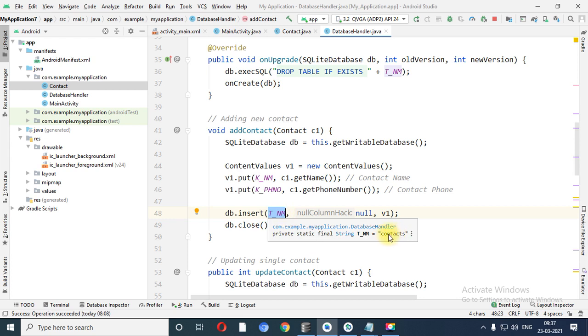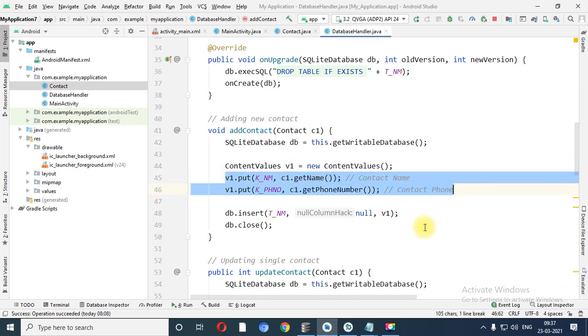See over here, TABLE_NAME contains contacts, right? The next is called the null column hack. First of all, I need to insert a blank column and then I can insert data. Which data do I need to insert? v1. v1 is a collection of key and value. So that record is inserted within this particular table.